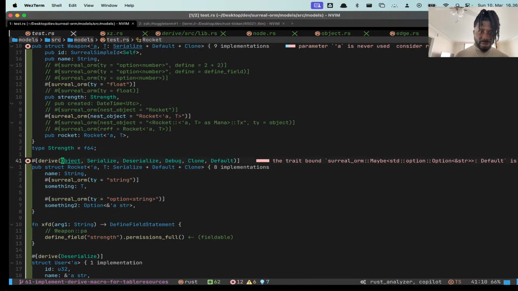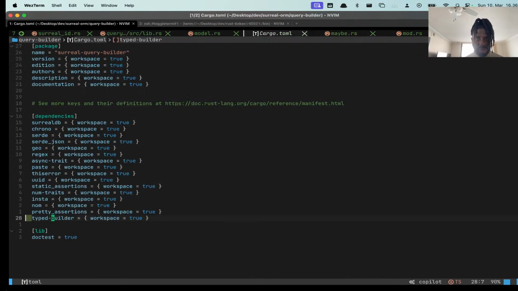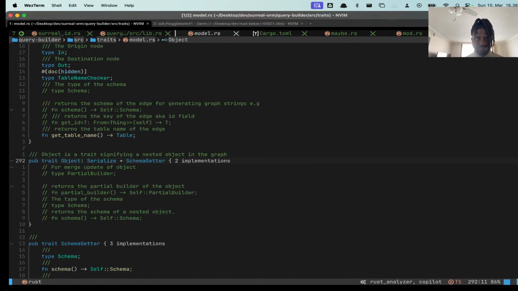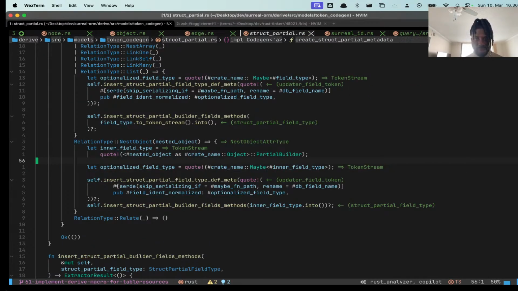It's still saying expected function, tuple struct or... SurrealORM maybe. Okay. Might have meant one of... should be maybe Some. Let's check that. That should be probably maybe